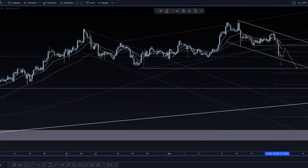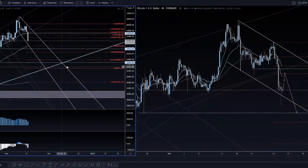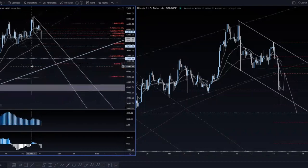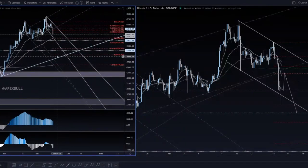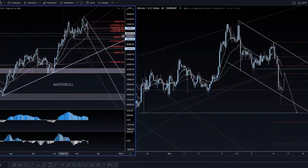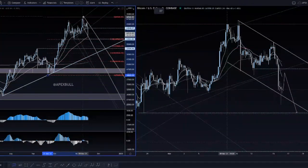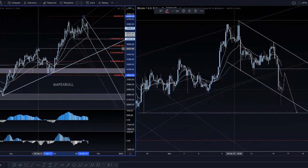On a longer term basis, I would be more interested in, let's switch to daily. If you're an investor in Bitcoin and you just want to buy it at some point, right? Let's say you took profit, or you want to add more to your position, then I think that I would wait for this wave to be corrected. Let's draw some fibs. If you're looking to buy Bitcoin, I would be looking to buy around this level here, or at least around the mid 55 to 50 to 55 area would be the ideal buy